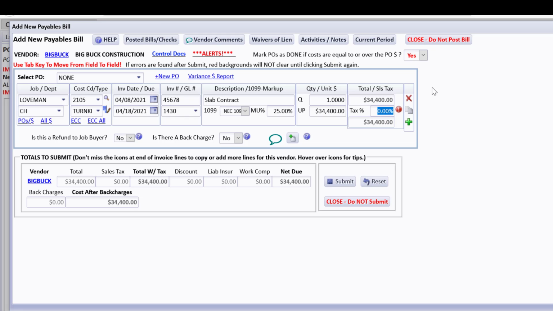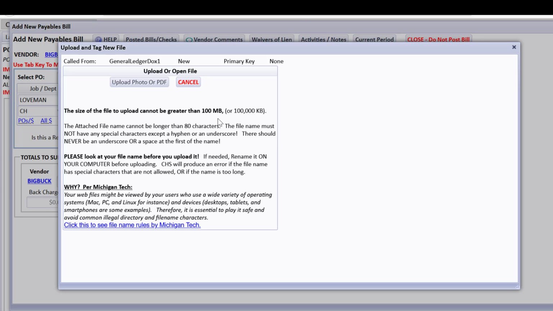Maybe we aren't doing POs, so I've just got this bill, so I enter it, and it is very important to enter the bills as soon as you receive them, because I will show you how the ECC will change and start showing you things about overages, etc. when you enter unpaid bills,